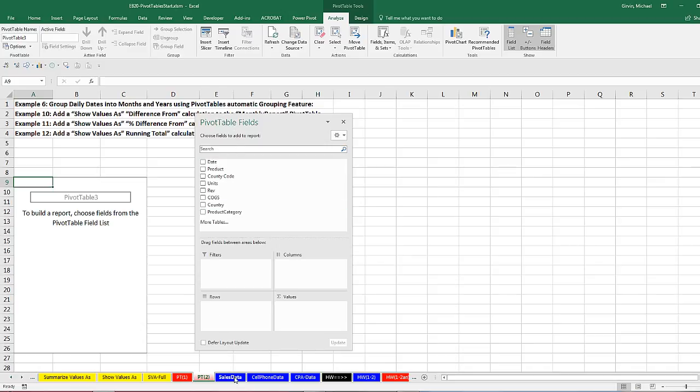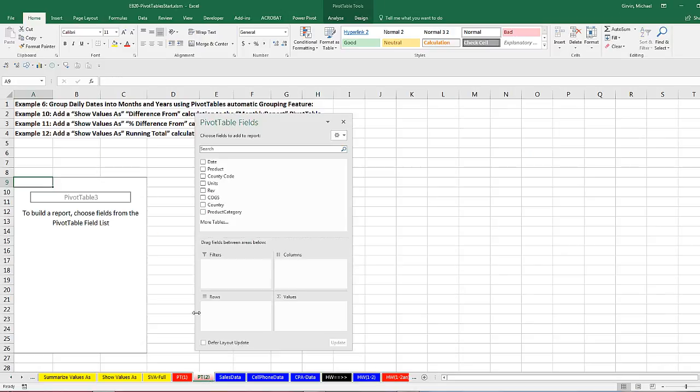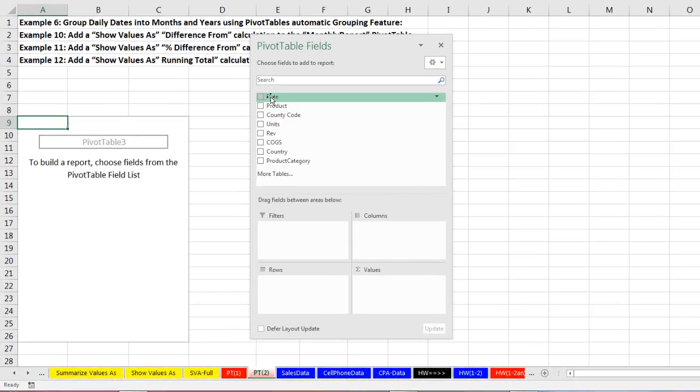And I want to go back over to the sales data and notice this data set, as well as most data sets that we get that contain transactions from sales. Those transactions are almost always encoded with a date, sometimes with a date and time. But notice dates are fine. In fact, we might want a daily sales report, but oftentimes we want month, quarter, and year. So remember, those are individual days. If we go back over to PT2 and watch this, that whole date column is filled with days, but in